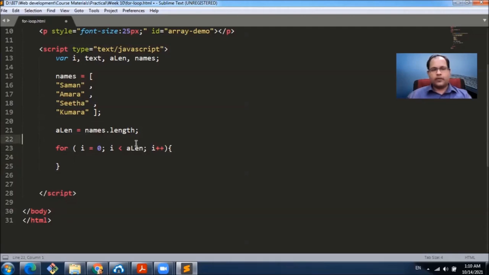Now, what we want to do here is show the names concatenated with some other text inside this paragraph as an unordered list. How do we do that?